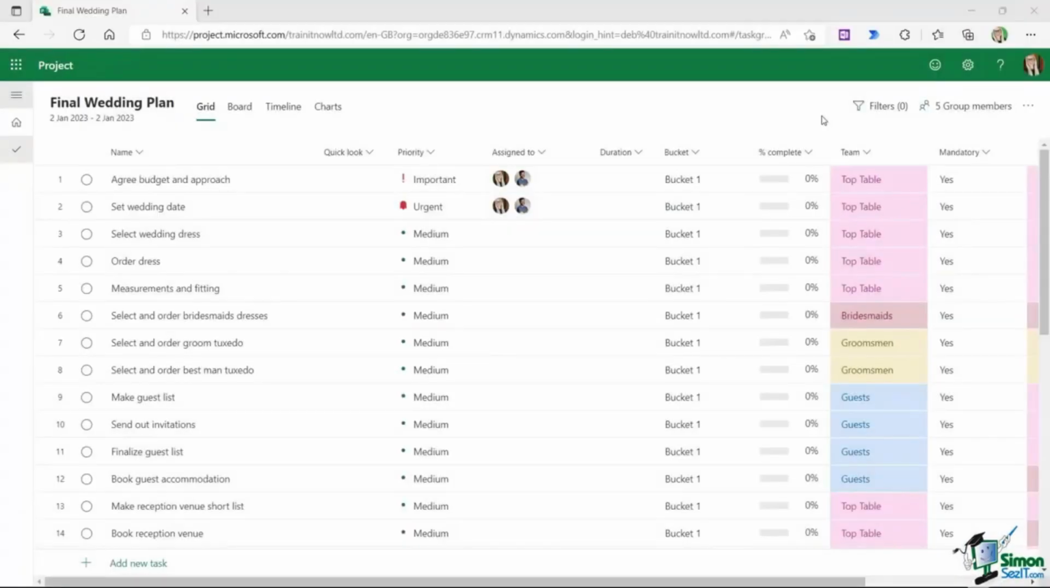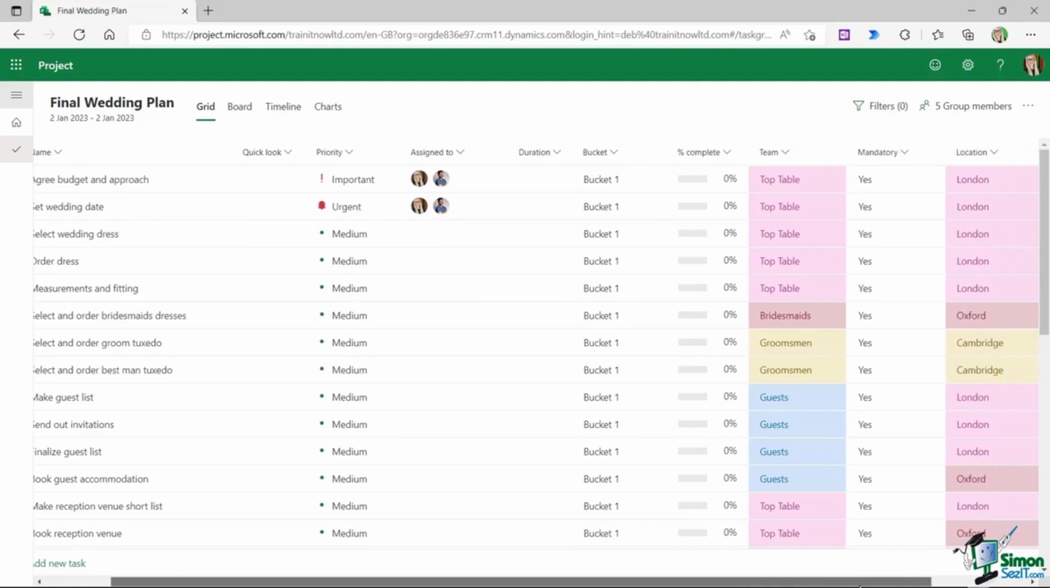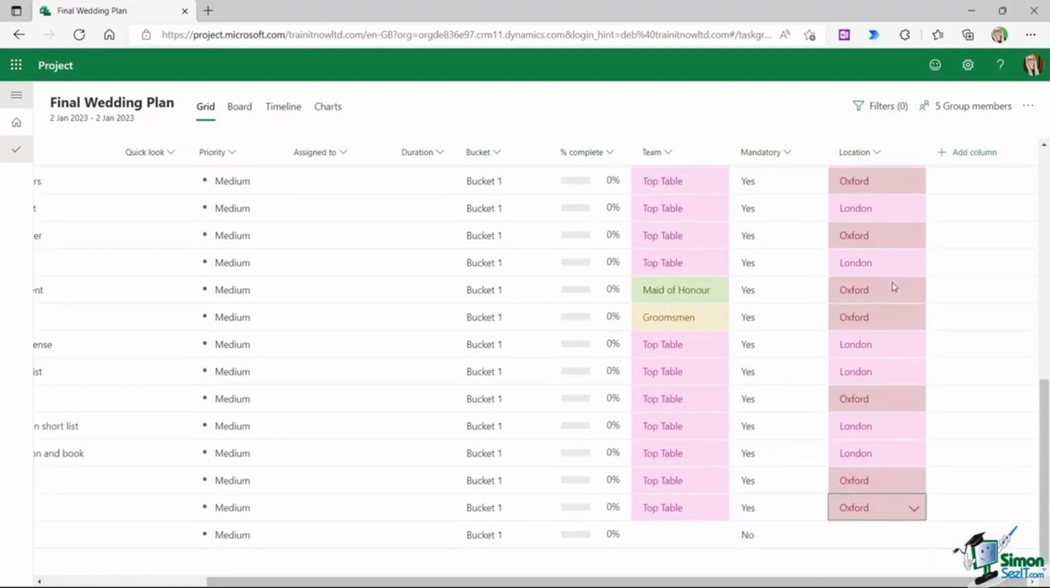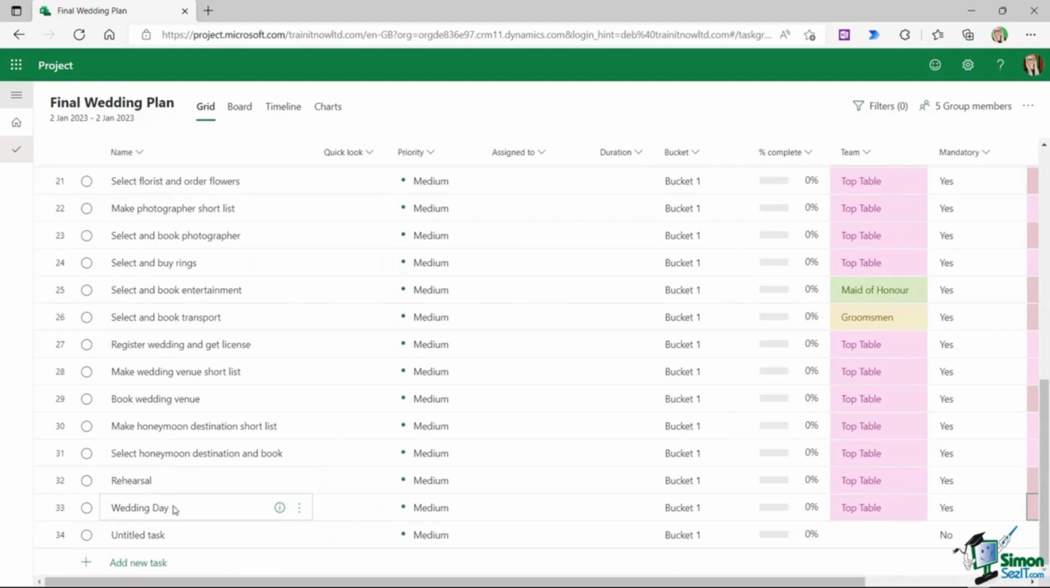So once you've added in all of those tasks into your project plan, it should look something like this. And as I said, I haven't really changed a great deal of the detail on any of these tasks. I've simply assigned them a team, I've set whether it's a mandatory task, and I've also set the location. So you can see we have everything running all the way through to the last task, which is the wedding